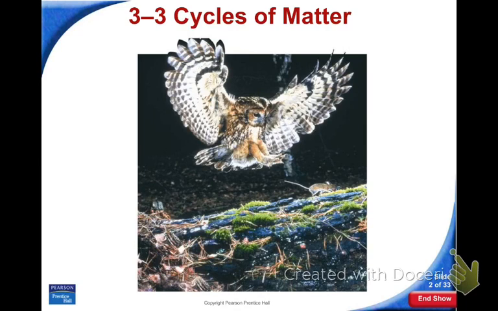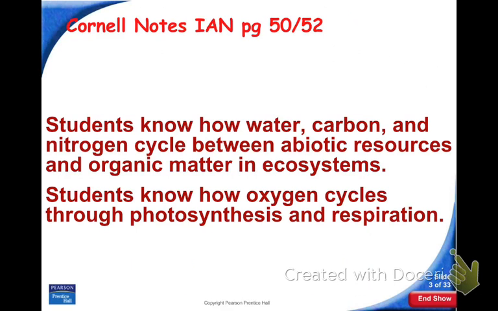Well, we're going to be talking about cycles. What does a cycle mean? What does a cycle mean? It means it goes around and around and around. It cycles. So, is matter lost? No, it's not. It's constantly being put into one molecule or another, constantly being cycled through ecosystems. Okay? So again, our notes are going to go on pages 50 and 52,